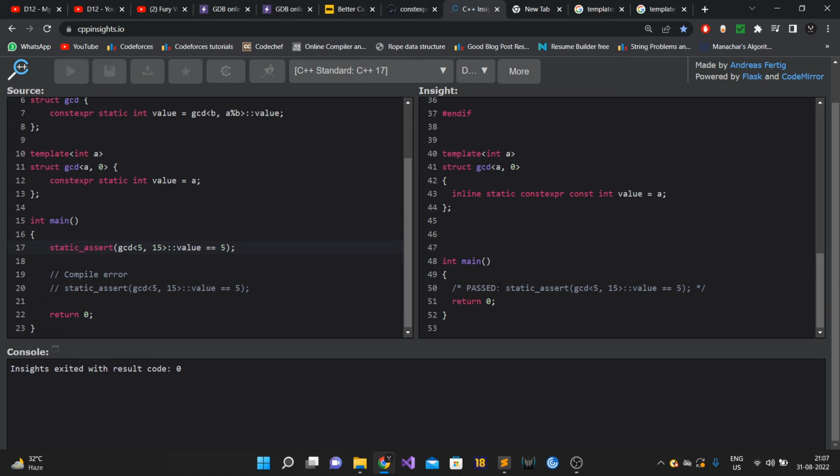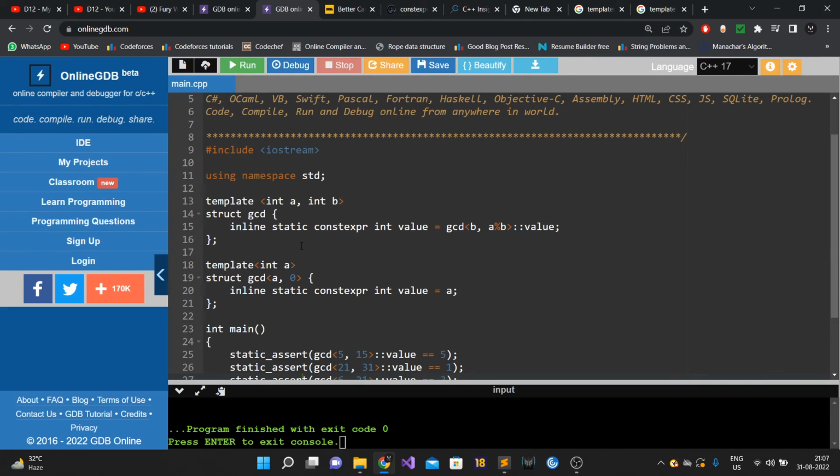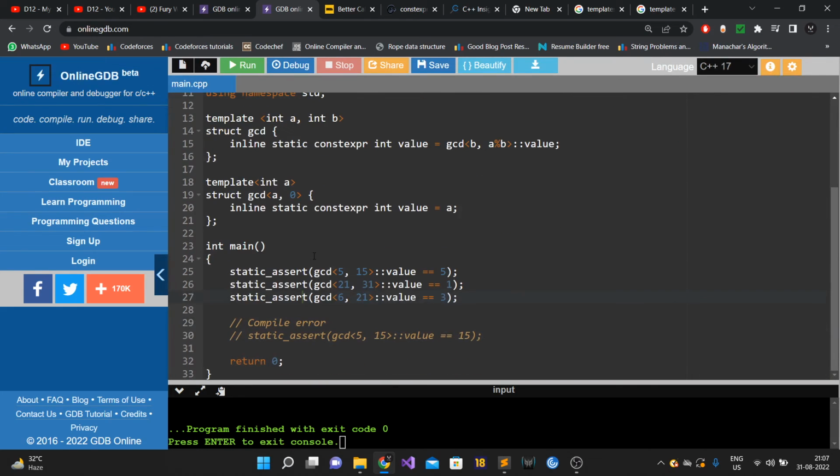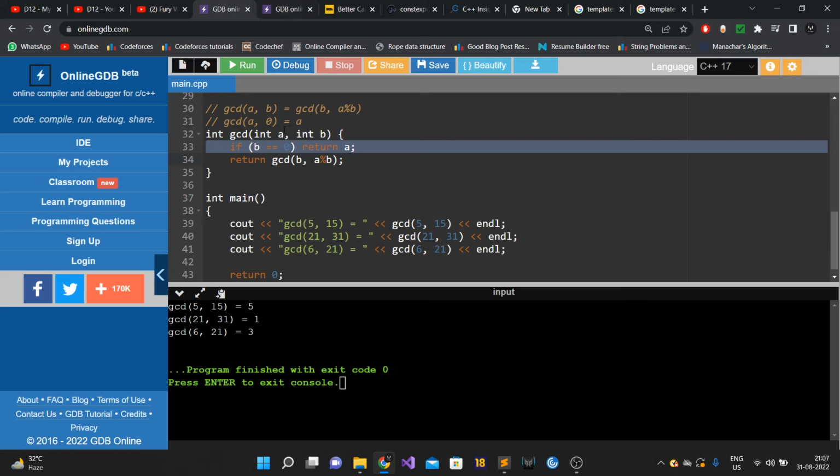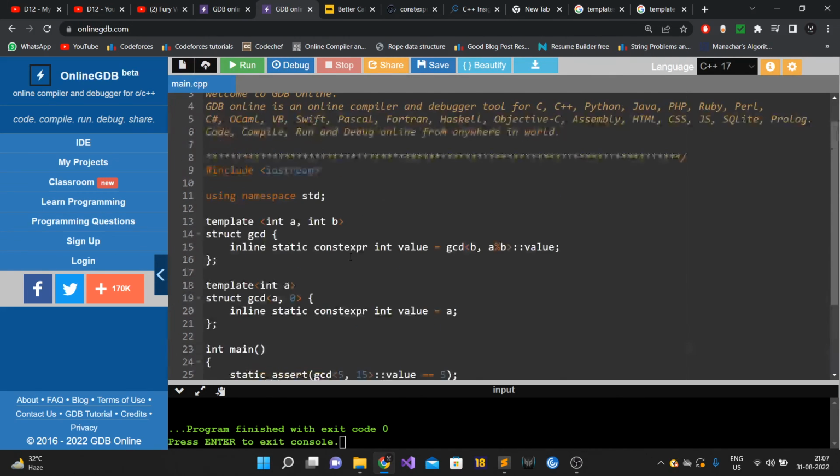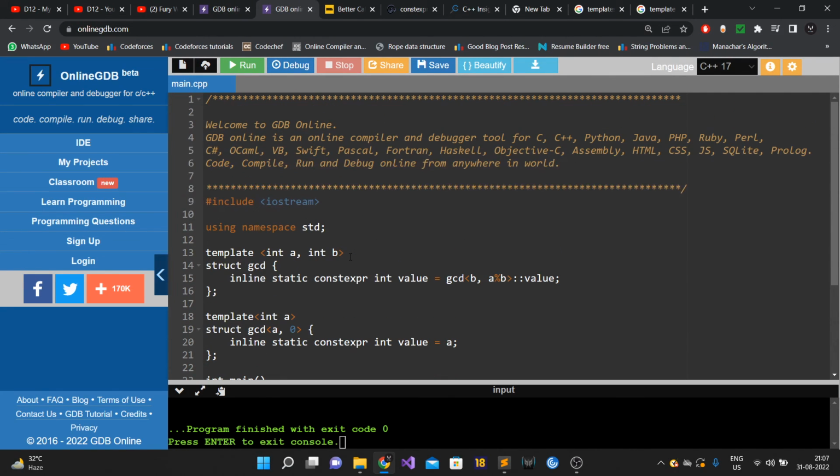I hope, I'm not sure how much everyone understood this, but I just wanted to show you a technique by which we write low latency, ultra low latency C++ applications. I just think that you might have got a feel for what the trading companies do. And yeah, I think that was mostly it for this video.